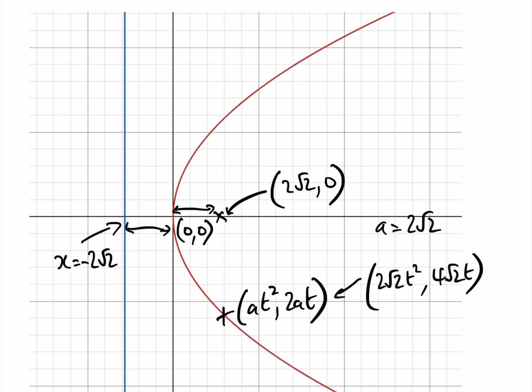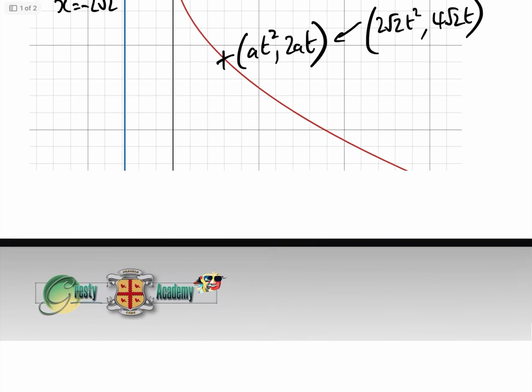Okay, now what we have to do is we need to rotate it. So let's just have a quick look at a rotation matrix. The rotation matrix by theta anti-clockwise, the rotation matrix we have to apply is cos theta, minus sine theta,